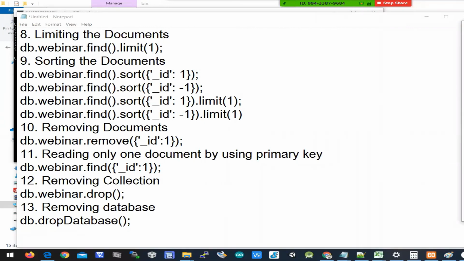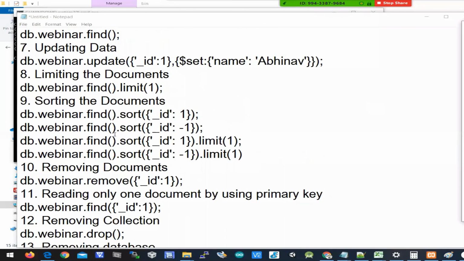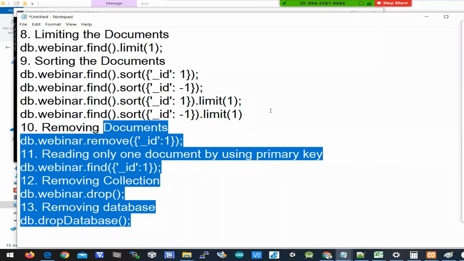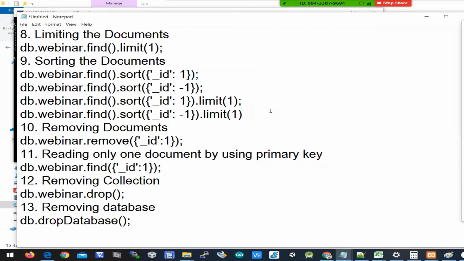So these are the MongoDB commands you can use for doing basic CRUD operations. You can practice these commands on the MongoDB server by using the Mongo shell. You'll understand how the CRUD operations happen there.